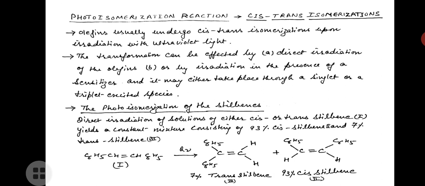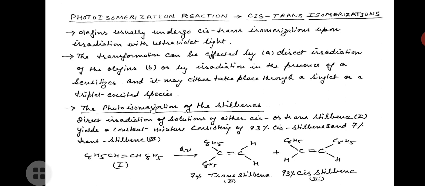Now let us study the photoisomerization of the stilbenes. Cis-trans isomerization by direct irradiation. Trans-stilbene can be photochemically isomerized to the cis-stilbene. In fact, the trans-stilbene to cis-stilbene